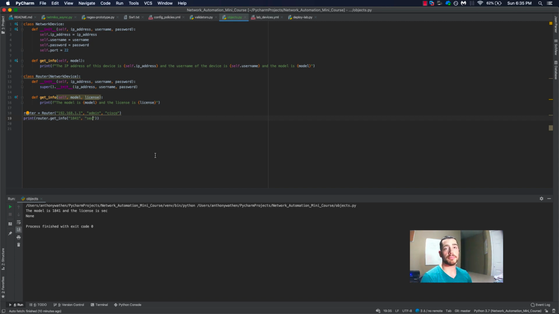Let's say, for example, Fortinet has something called a VDOM. Things like that could be an example of attributes that you wouldn't necessarily see from every vendor. Okay? So now that we've seen that, there's one other thing